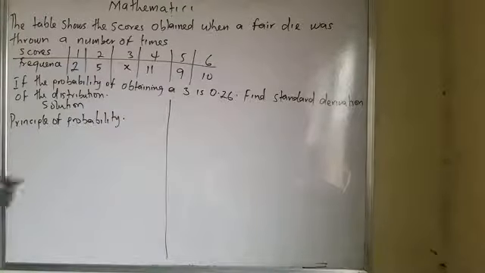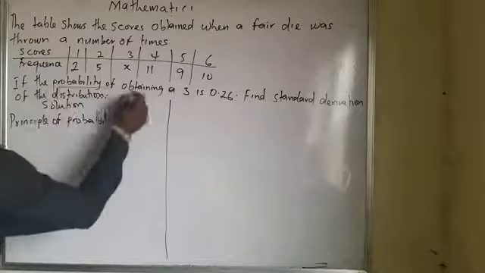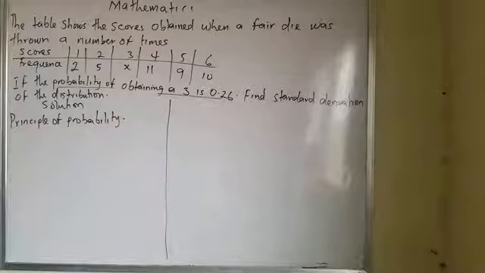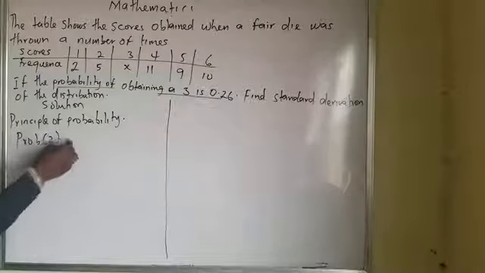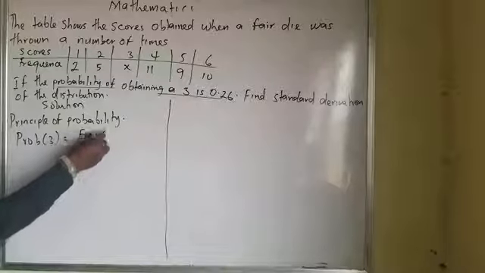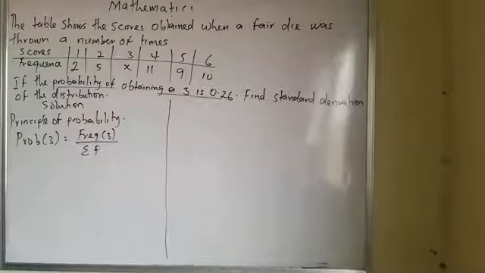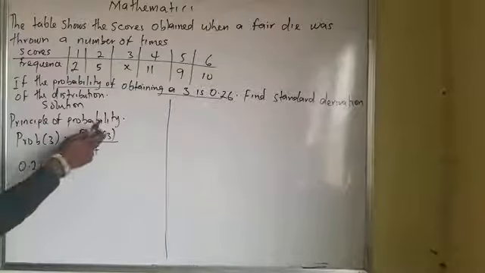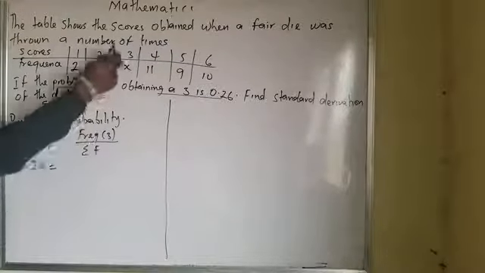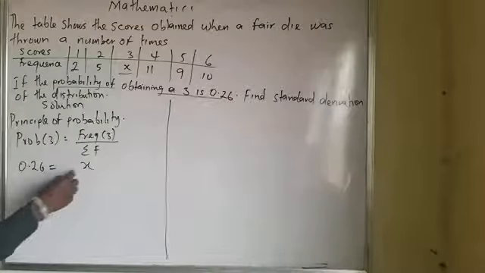Now, because there's probability that something is happening here, what's probability? The probability of obtaining 3 will be equal to the frequency of 3 divided by the summation of f. That is what I'm going to do. It means the probability of 3, which is 0.26, equals the frequency of 3, which is x, divided by